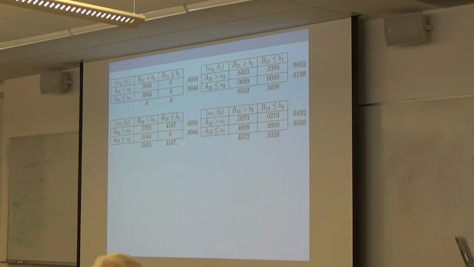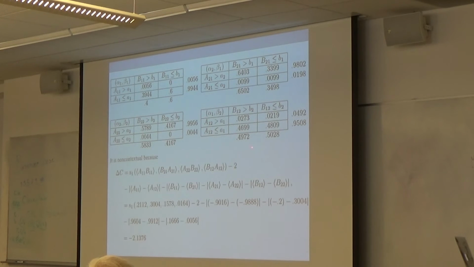Okay, so this is an example of a cyclic rank 4 system in our experiments. Again, those numbers inside of the cells represent the joint probabilities, and the numbers outside are the marginal probabilities. So for this particular example, it is non-contextual as the delta C is less than 0. We have formed and analyzed thousands to millions of such systems, and we found contextuality in none of these rank 4 systems.